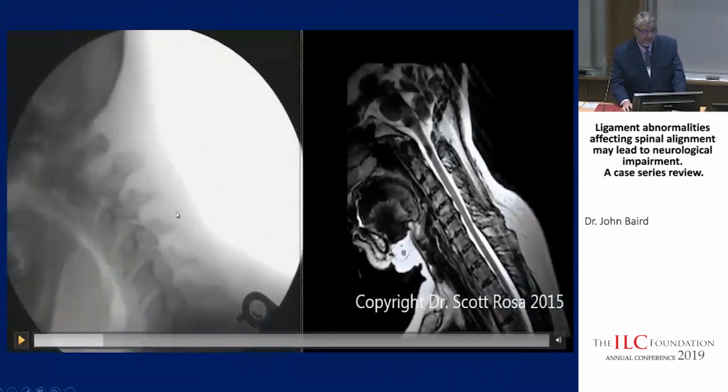And what we see is a forward excursion or translation of, this is the C3 vertebra on C4, which means that the posterior longitudinal ligament, which normally stabilizes the spine when it's moving in this direction, is failing to constrain the movement. And so consequently, the weight of the head is pulling,